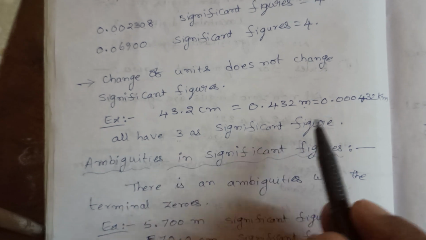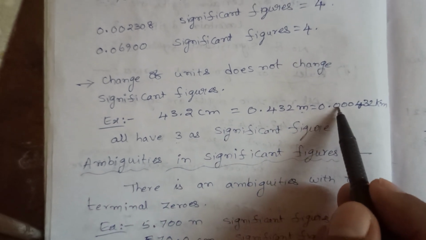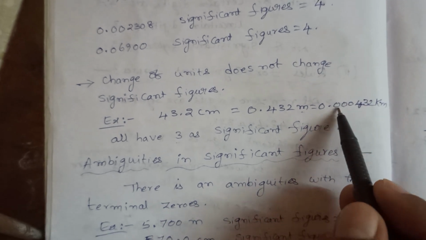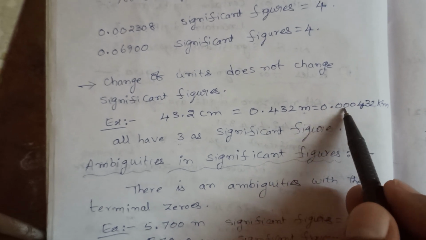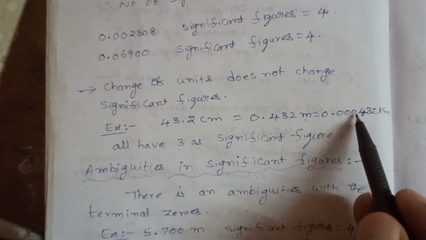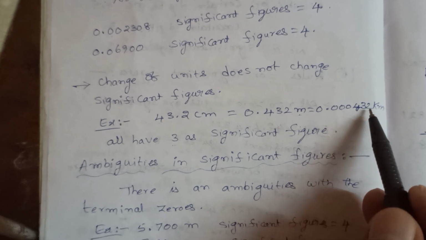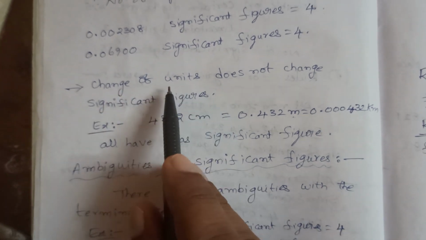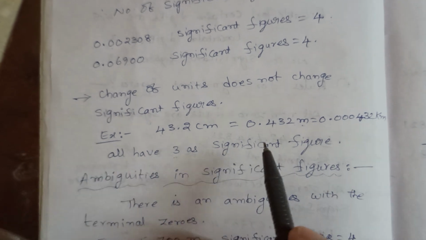3 once again. This meters, if you convert into kilometers, 0.00042 kilometers. Here once again these three zeros are not considered because this number is less than 1. That is why these three zeros are not considered while counting the significant figures. That is why here also the number of significant figures is 1, 2, 3 only. Okay. So changing the unit does not change significant figures, but there is an ambiguity